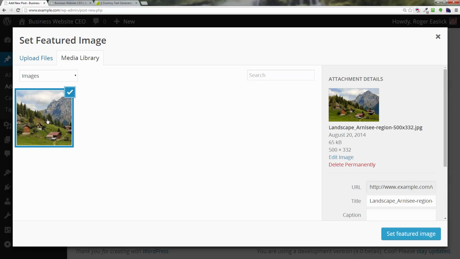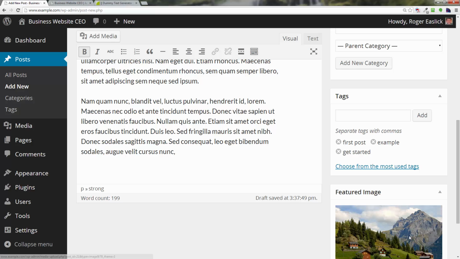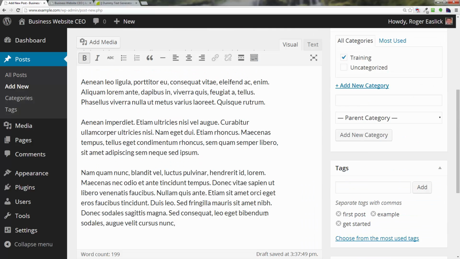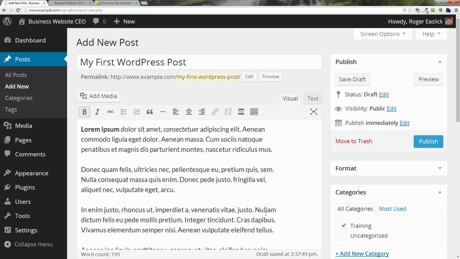I'm going to go ahead and select this picture we've got here, and I'm going to click on set featured image. Down here is our featured image. You can see it's all ready to go. At this point, we're pretty much ready to publish the post, but let's say we just want to check it out and really see what it's going to look like before we send it out into the world. We could click on this preview button or this preview button right here,